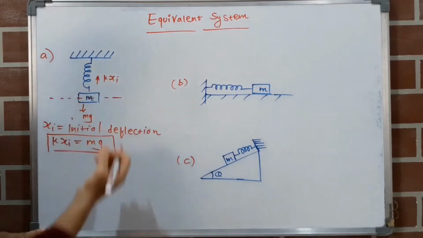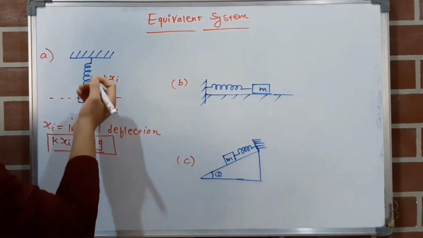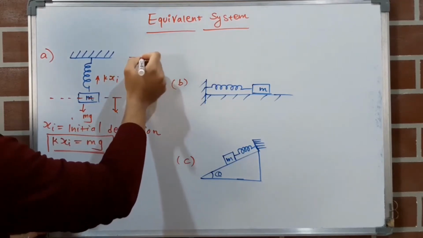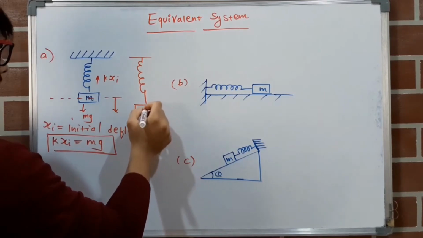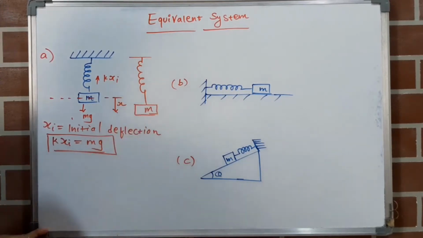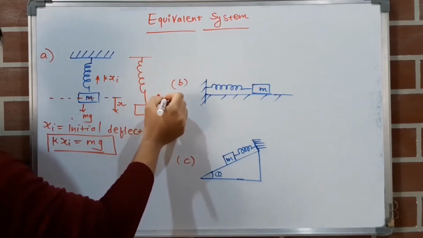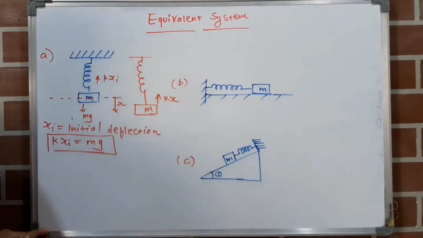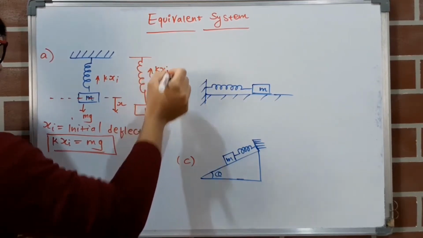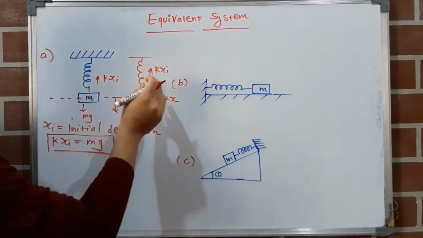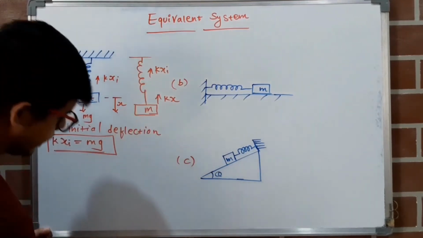Now when we give a downward force, the spring will extend like this. We give an x displacement. So there will be k into x, another restoring force, and the initial restoring force k into xi which was already present in this spring. Another k into x, the restoring force, will come when we extend the spring.